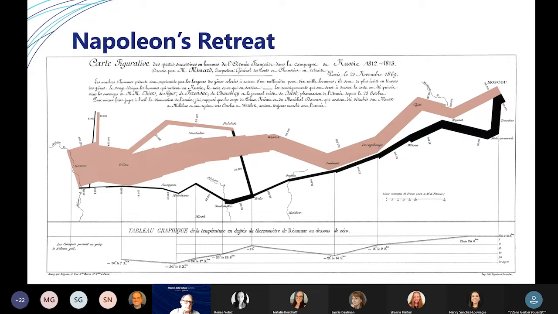So, it begins at the Polish-Russian border. The thick band at the top shows the army's position over time, and then the retreat, as you can see. And if you look at the black band underneath, we're talking about thousands of people being killed. So it's very